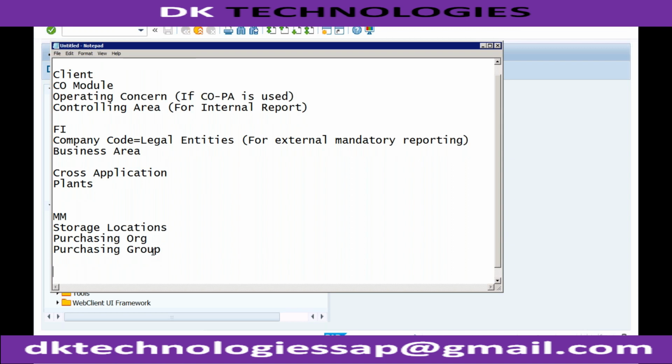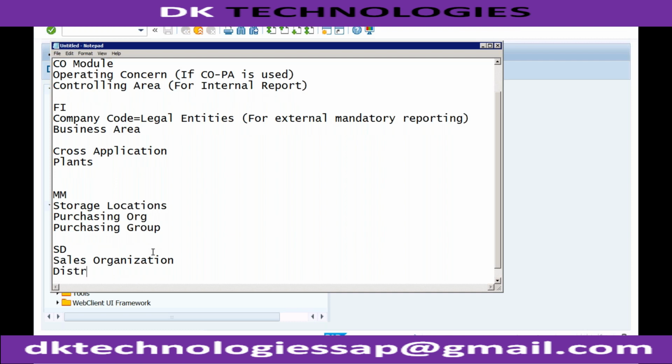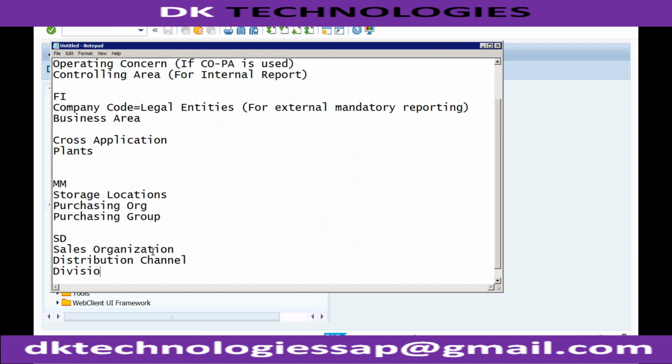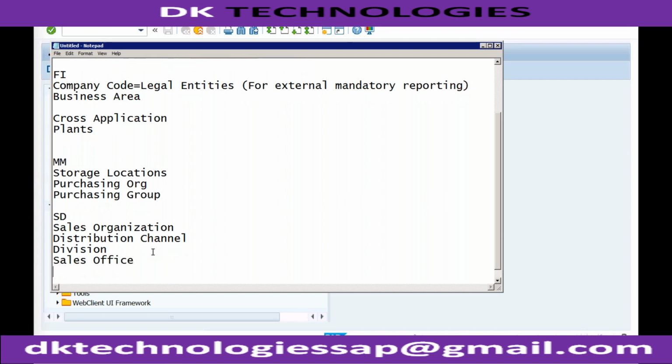Okay, same way when it comes to SD, SD will have the sales organization. It will have the distribution channel. It will have the division, sales office, and sales group. Okay, so these are the important